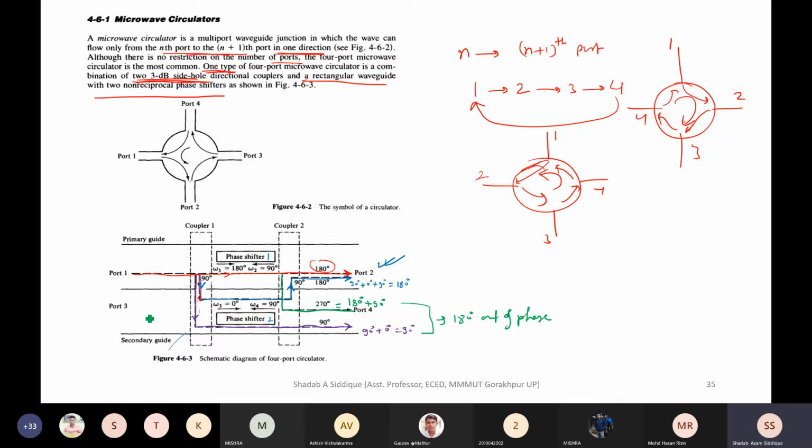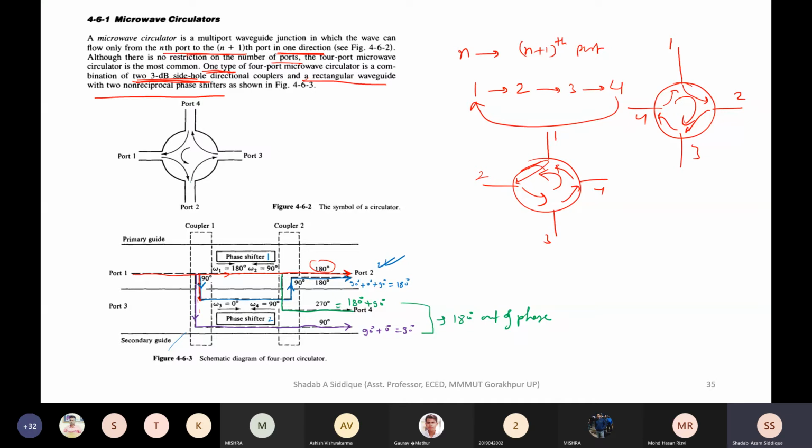You will get here. So we can also just ignore this port 3, because if we are applying from port 1, it will certainly go to port 2 and port 4. We cannot go to port 3 because port 2 is not transmitting. So port 2 is not at all achieving anything. And port 4 to port 3, it will not go because it is in the reverse direction. One of the ways is port 1 to port 2 and port 2 to port 3. So if we apply input from port 1, we will not get output at port 3 because they are out of phase.